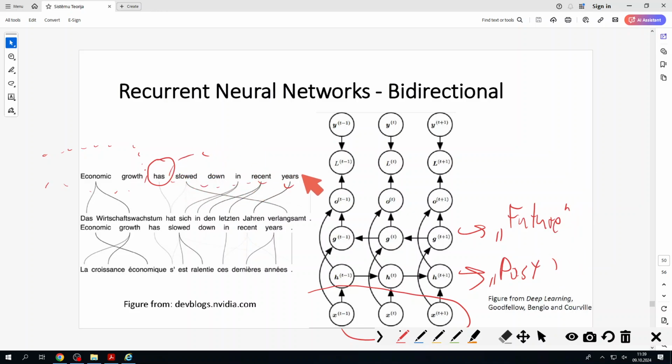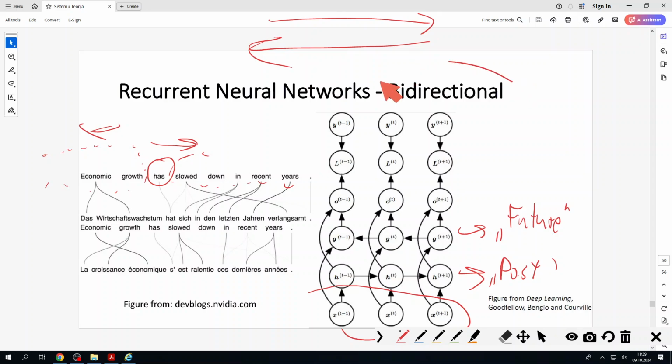That means that data in your neural network actually flows in both directions, not just from input to output like in a regular network, but also at the same time, not during the training process but in normal operation mode, in both directions, because you need to work with this word "has" relative to other words which are before and after it. So it is a bidirectional neural network, which is very good when working with words, with texts, automated translations,